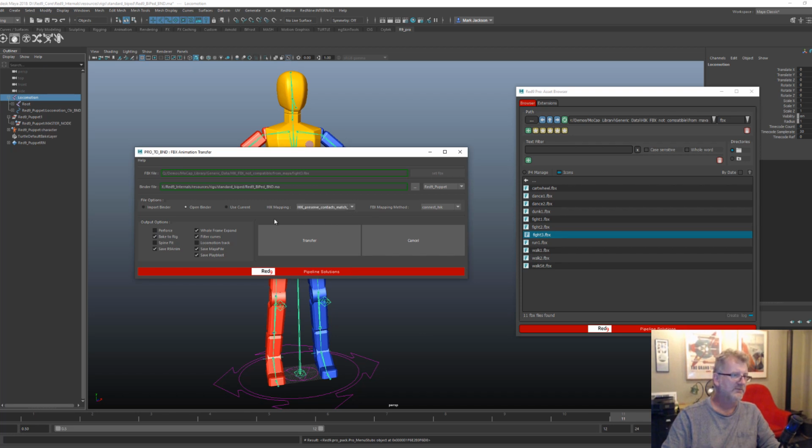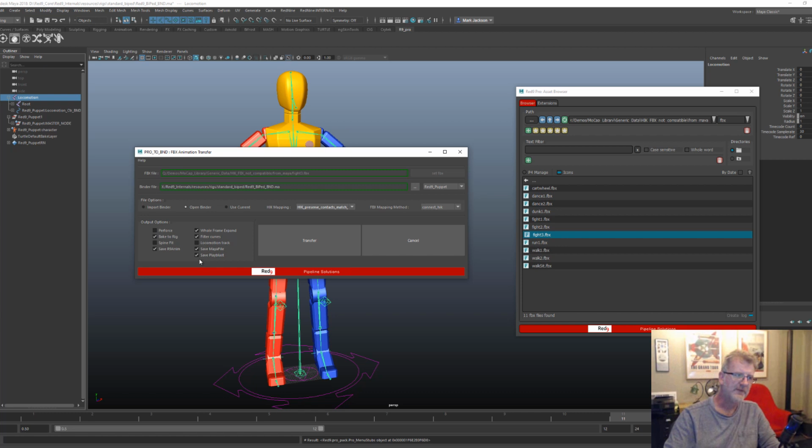I'm going to do that one there. Again, we'll go through these options. I'm going to bake the rig. I'm going to make sure everything is on the whole frame number. We're going to filter, which is Euler filter. We're going to save an R9 anim. The R9 anim is our proprietary animation format. Very good at building files, very good at being able to pass files around and load files onto rigs dynamically, which is really good. We're going to save a Maya file off, and we're going to save a play blast